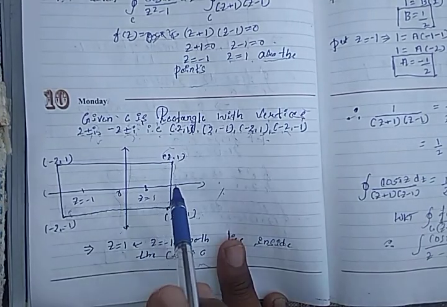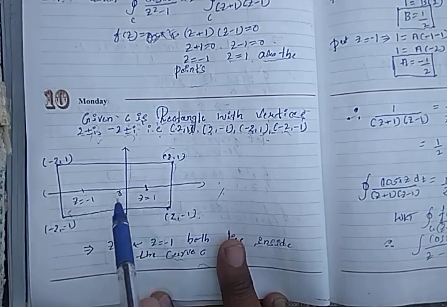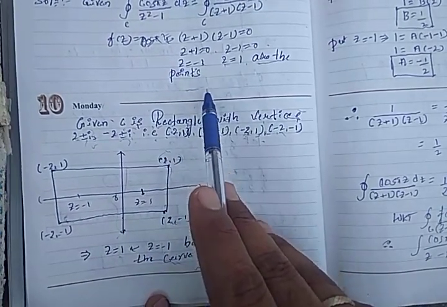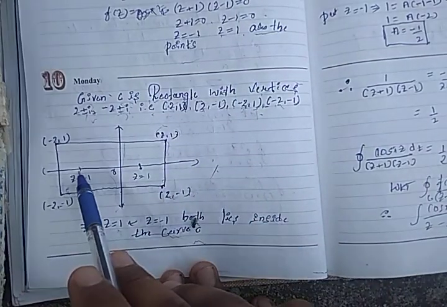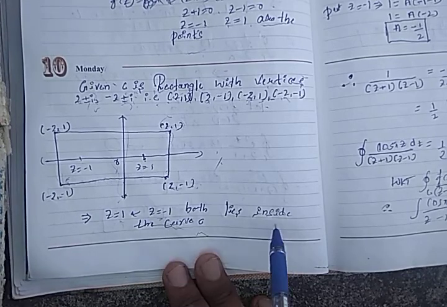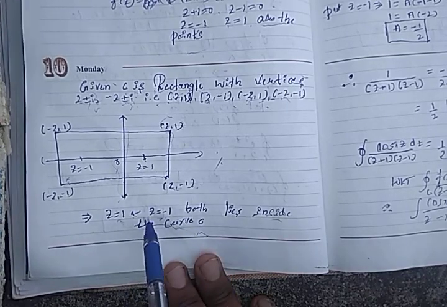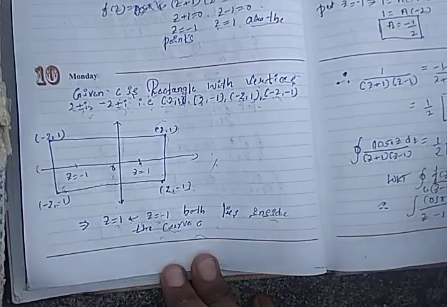See here, what are the points? z equal to minus 1 and z equal to 1. Here this is the minus 1, this is the plus 1. Both lie inside the curve C. z equal to 1 and z equal to minus 1 both lie inside the curve C. Next we have to